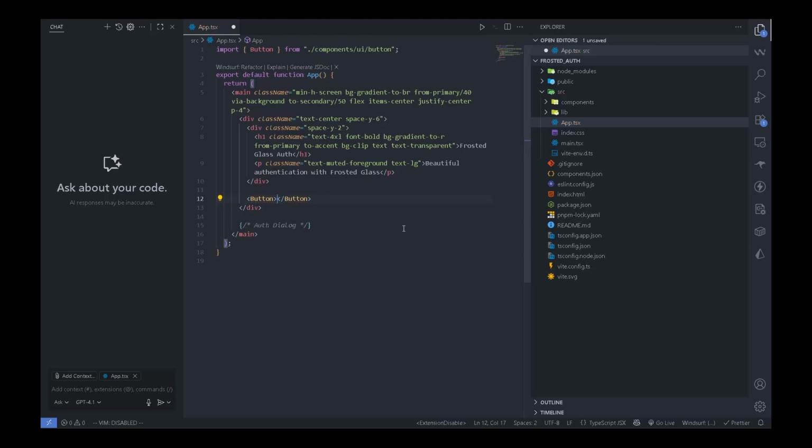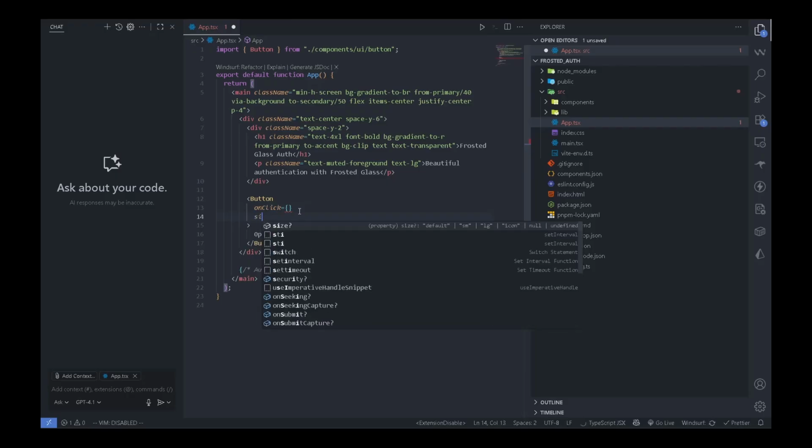I've already installed it. The button will say open auth dialog and it will receive an onClick function which I'll keep empty for now, and it will have a size of